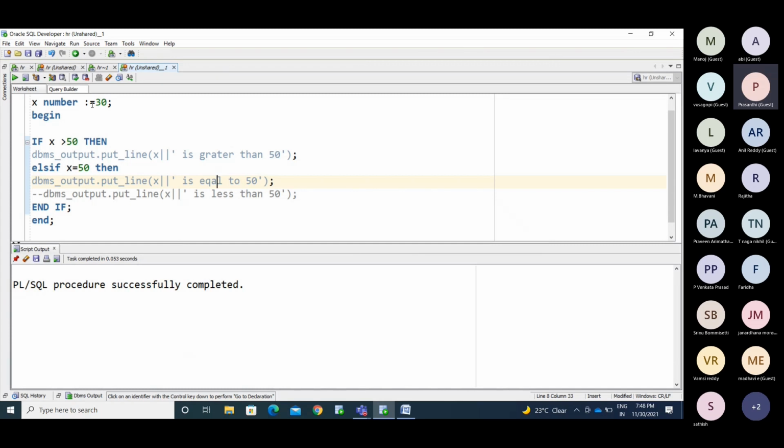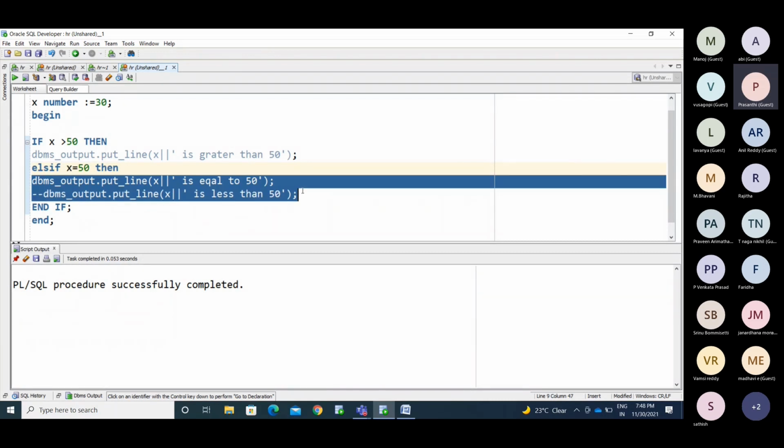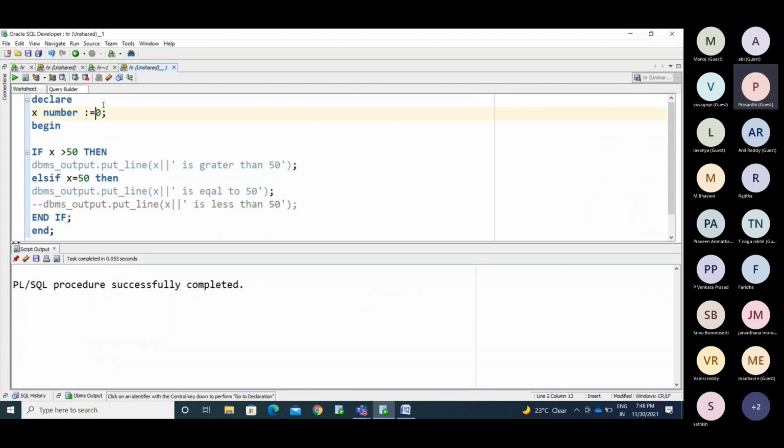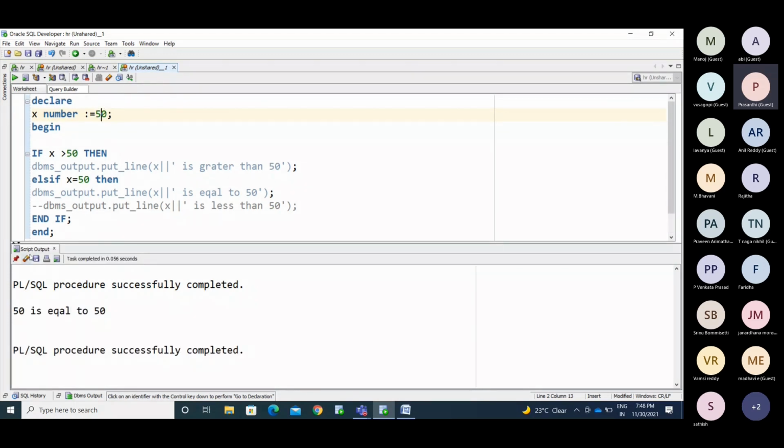See why it is not executing. How is it happening? Is 30 greater than 50? False. It goes to the other statement, else if. Is 30 equal to 50? False. So it is not executing any of the statements here. Now if I use 50, 50 is equal to 50.